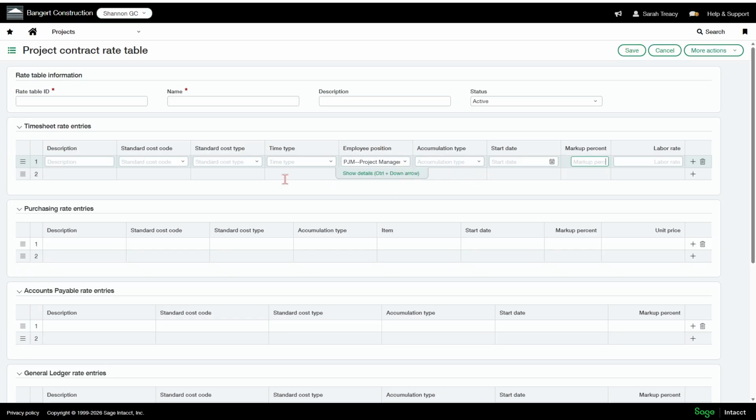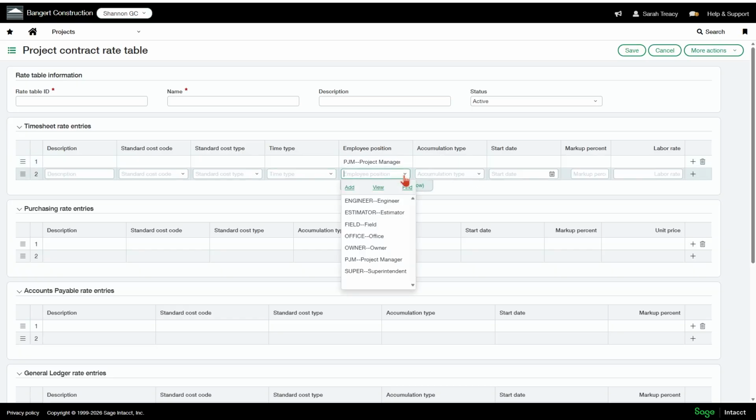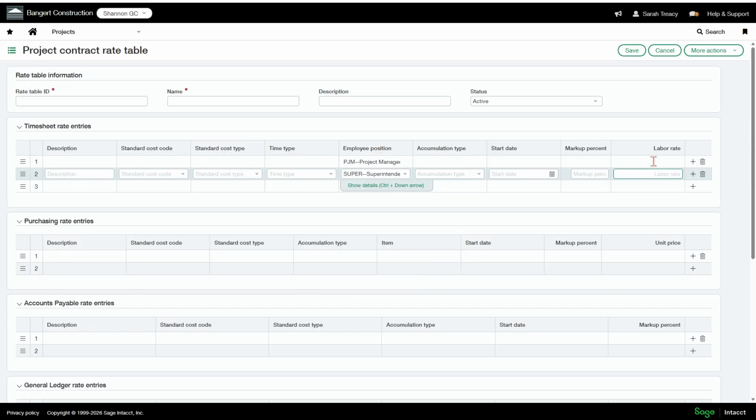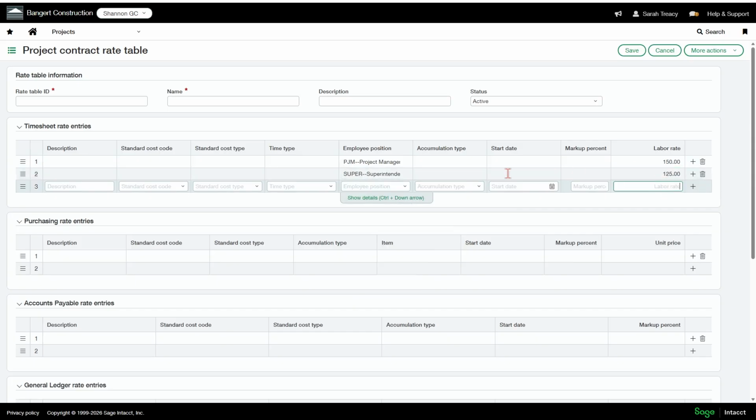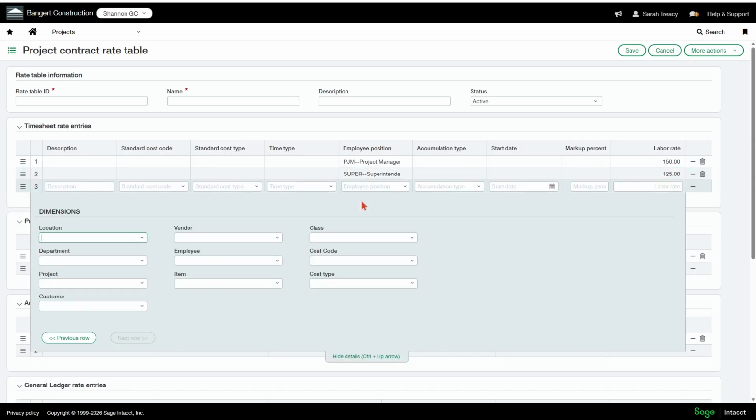And then so you could have your project managers here. You could also have your supers and say, so these guys are going to get 150 and these guys I'm going to charge 125.